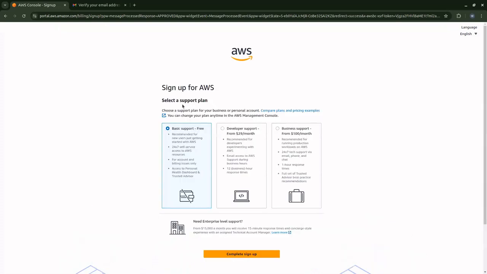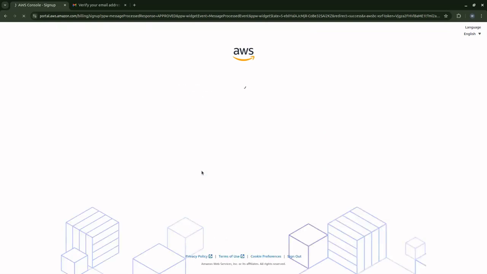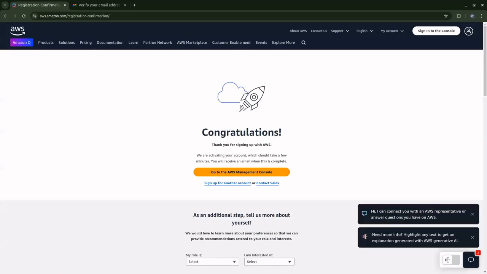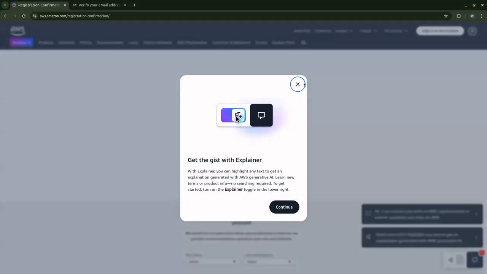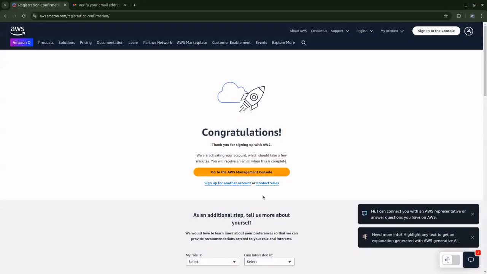And at this point now, I'm almost through. I need to select a support plan. And what I'm going to do is basic support free. This is the one you should use. And then click on complete sign up. And you should have a message here. Congratulations, thank you for signing up with AWS. Go to the AWS Management Console, which is what you can do. You can click on that,